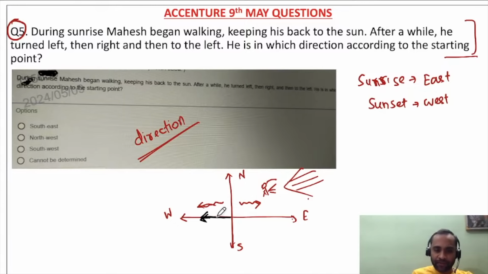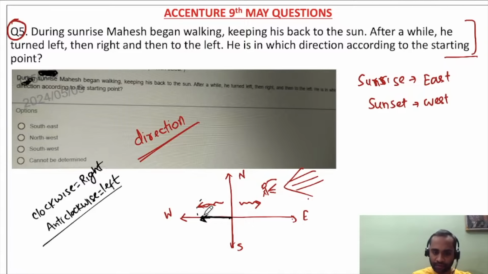Now, friends, left and right, I have already taught you how you can decide. Put your pen point here: clockwise will be right, and anti-clockwise will be left, right? So definitely left means he is going down. Okay, going down. So after a while he turned left, and then right, and turned to the left, and then